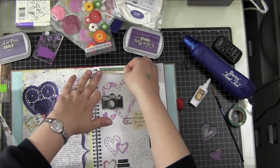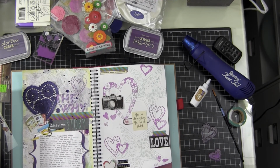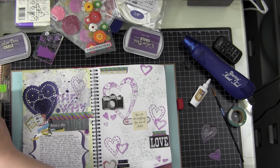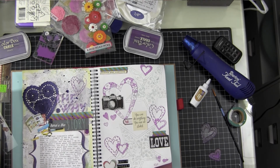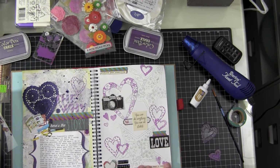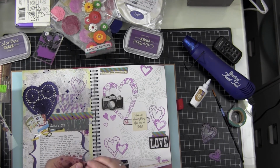So I'll put this celebrate your creativity up there, and then I like this one that says, "Love the art that's inside you," because art is a very personal thing. So I'm going to put this one down here, and that will take care of pulling that color across the page. And then I'm going to put some of these stickers that I used on